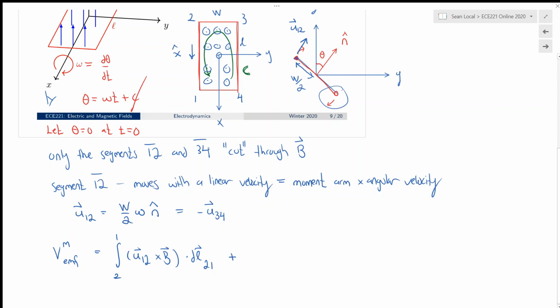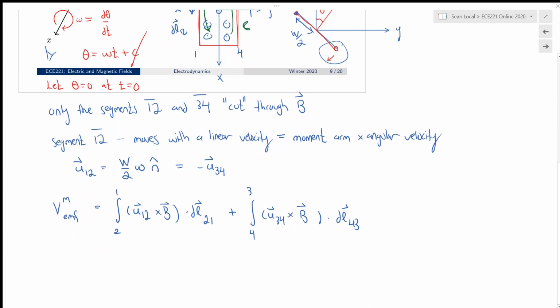And then when we integrate over the second moving bar, we will integrate from 4 to 3, the velocity u34 crossed with b dot dl43. So realize that dl43 is actually in the opposite direction as dl12. Okay, so let's